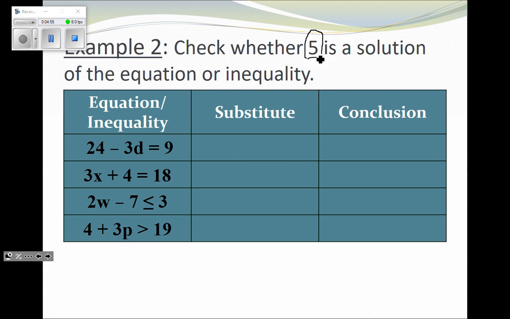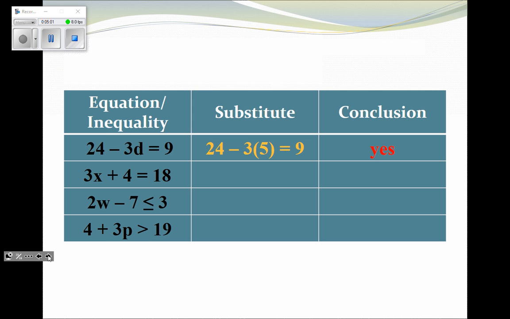So I am going to substitute 5 for d. So I'm going to end up with 24 minus 3 times 5, which equals 9. We're going to see if it equals 9, because that's what it says. So 3 times 5 is 15. 24 minus 15 does in fact equal 9. So yes, 5 is a